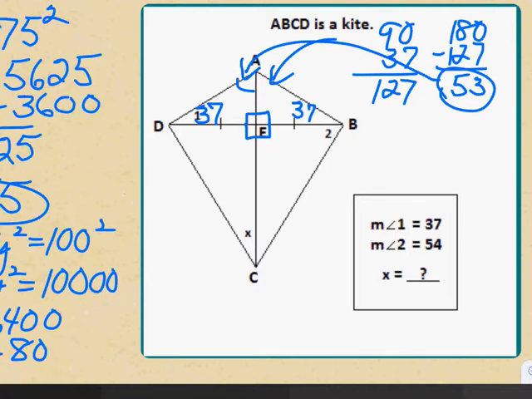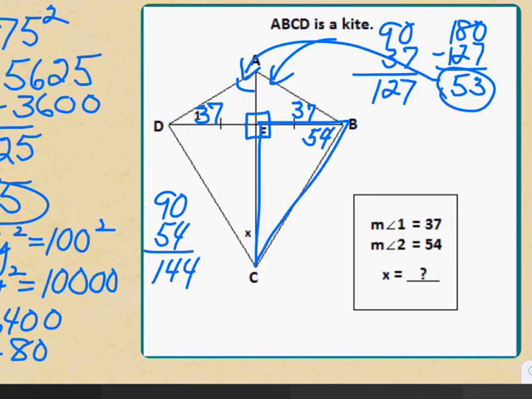Now we can continue by saying if angle 2 is equal to 54, the triangle at the bottom, triangle BEC, that's another right triangle, and those angles have to add to equal 180, so 90 plus 54 equals 144, subtracted from 180 gives you 36 for this angle. And therefore angle X next to it, because those two triangles are congruent, the angle at the bottom is being bisected,